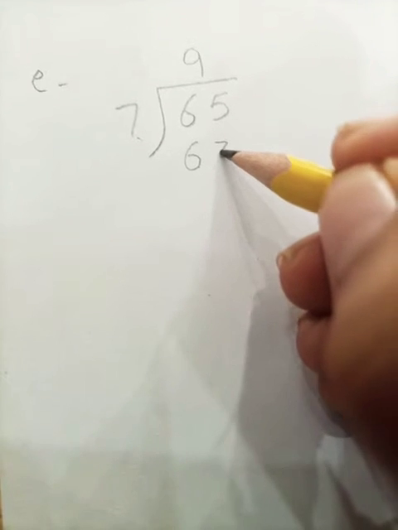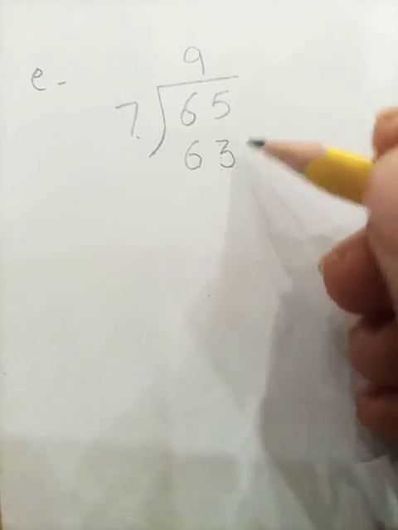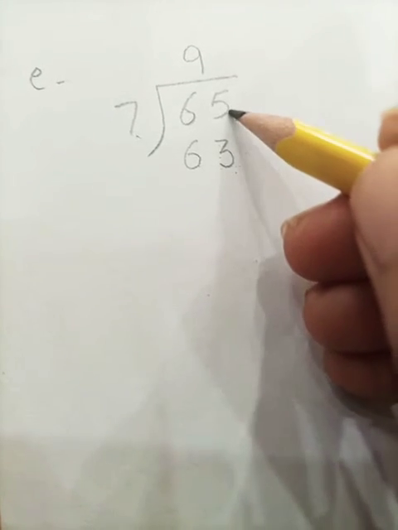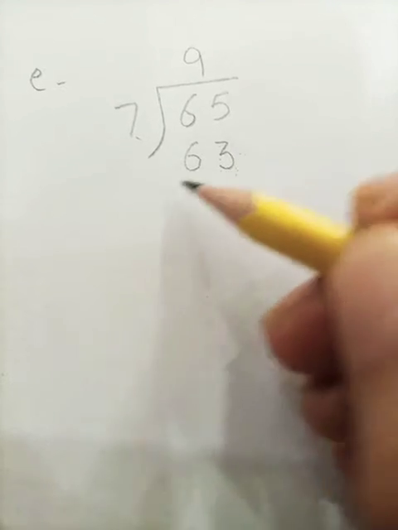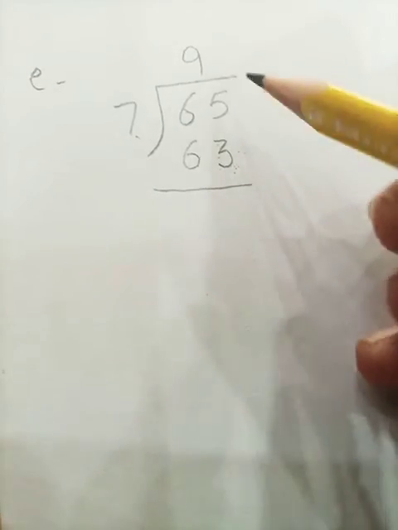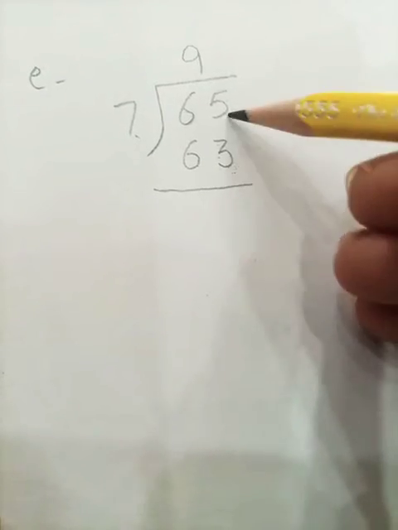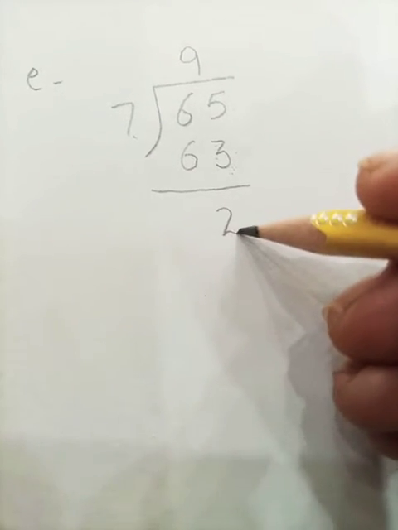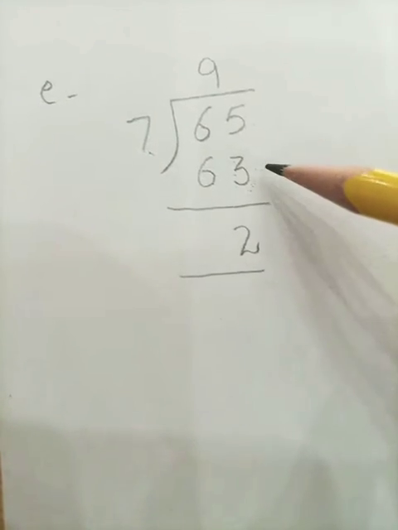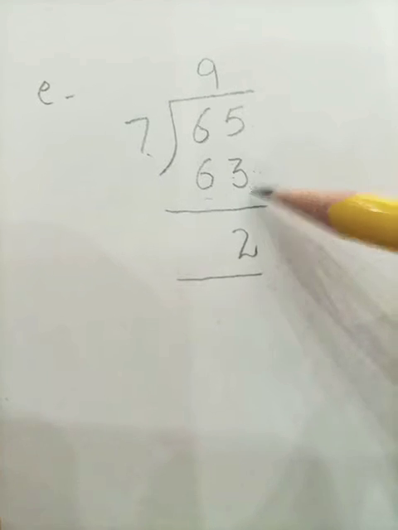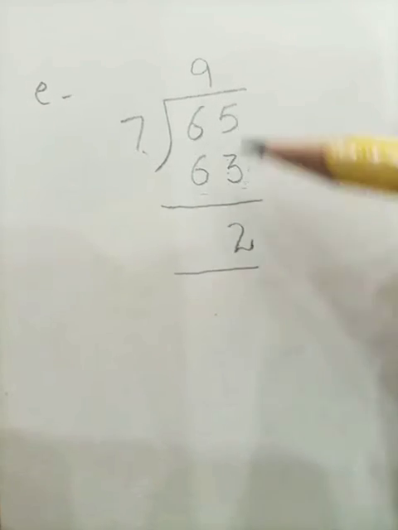Remember students, you are going to write the number that is quite smaller than our dividend, but it should not have a big difference. Okay, now subtract 3 from the number 5, where we get the remainder 2 here. Look, students, you should write a number here that will not have a bigger difference from our dividend. Okay,